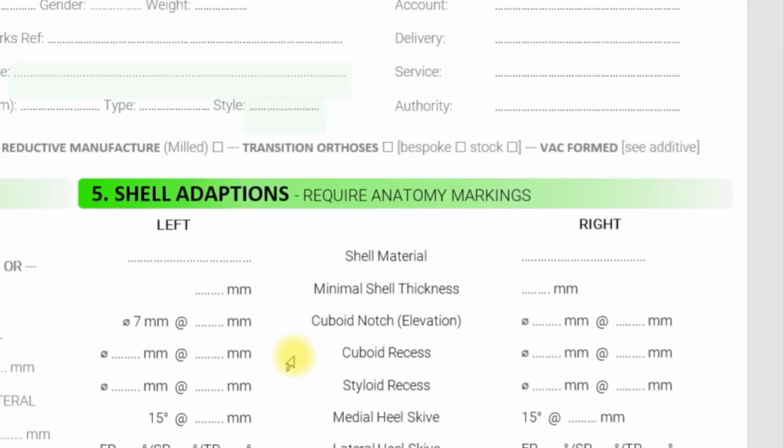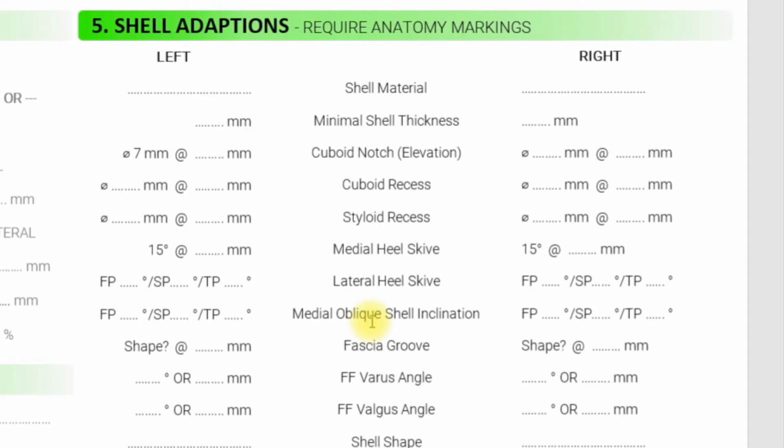Welcome to 5.8, the MOSI, Medial Oblique Shell Inclination. A lot of work done in this field by Paul Harradine. Again, you can have a look at the research that he's done in there. Essentially, same thing, and we're just giving the ultimate variation of what you want on the medial side, similar to